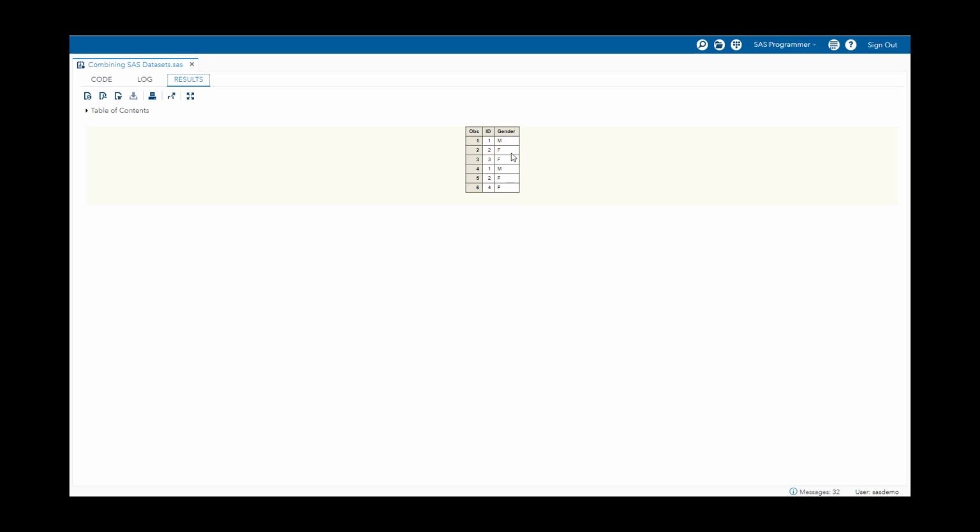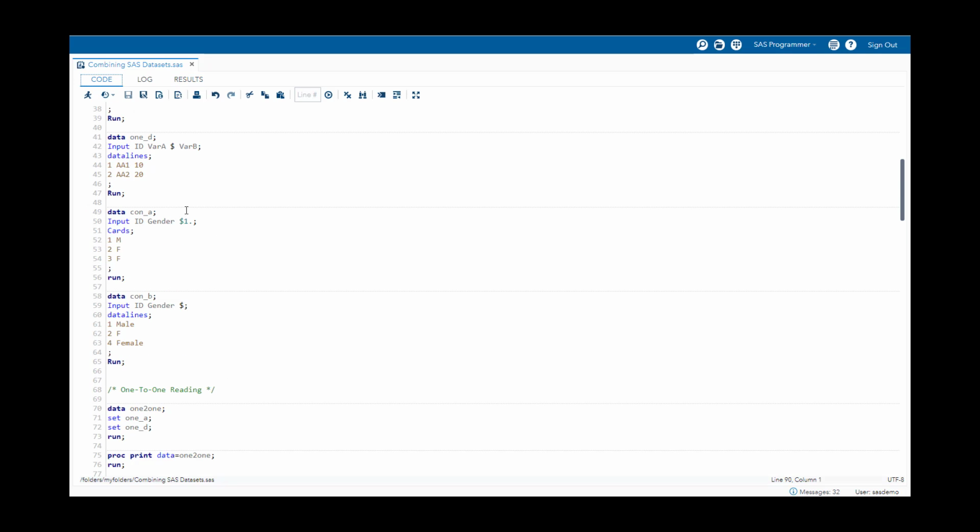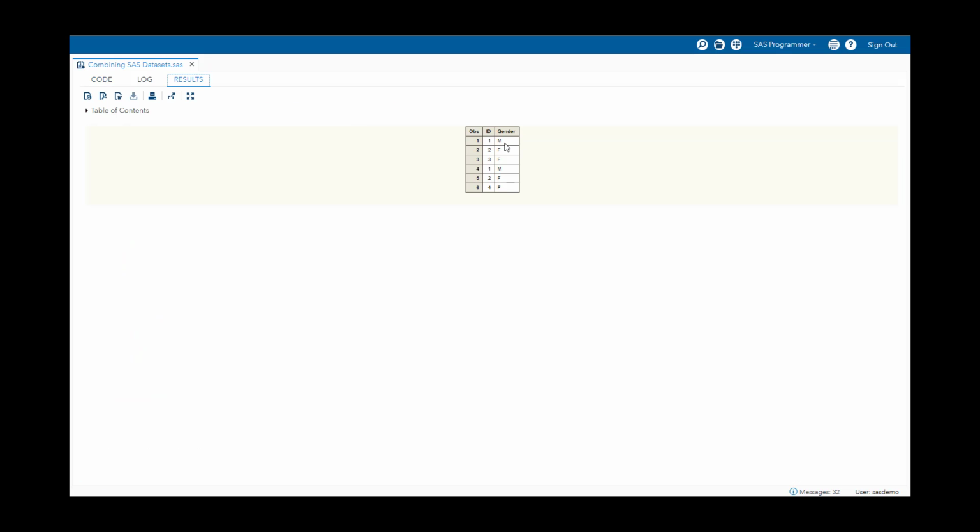And this is our proc print statement. So it has combined both the datasets. As I said earlier, I have purposely put the length of gender variable as 1. Okay, so you can see here that both instances of ID variables or the gender must have the same type